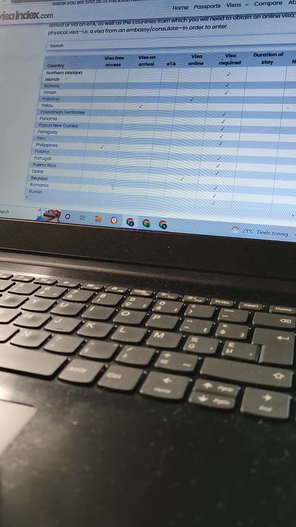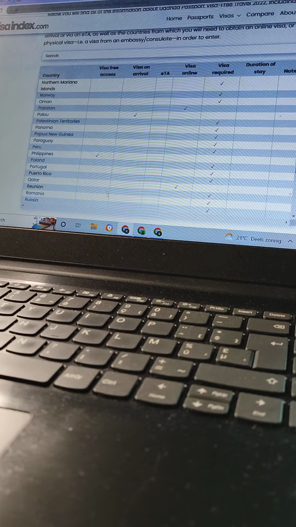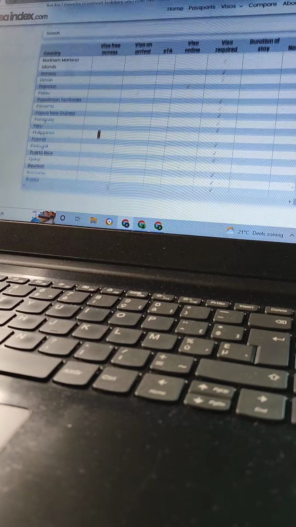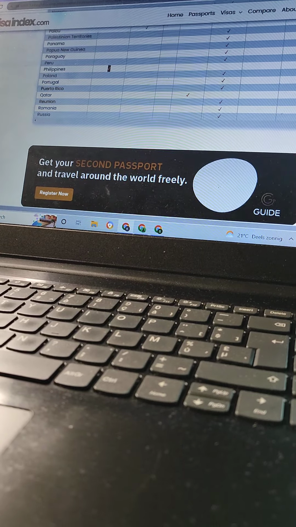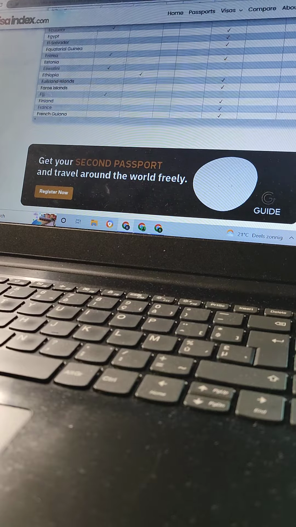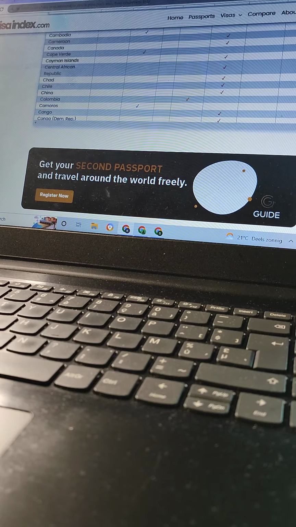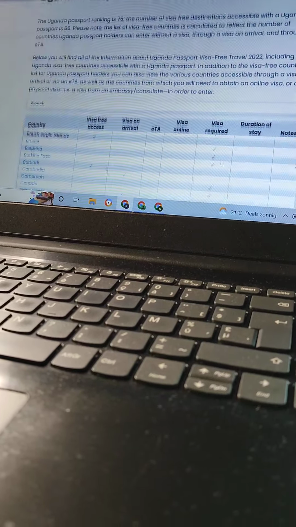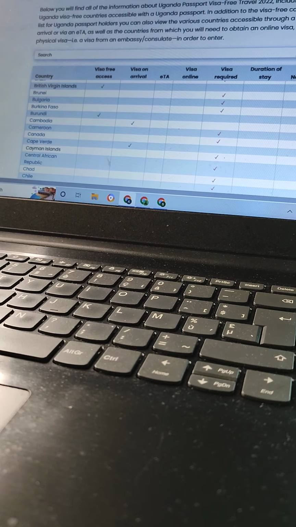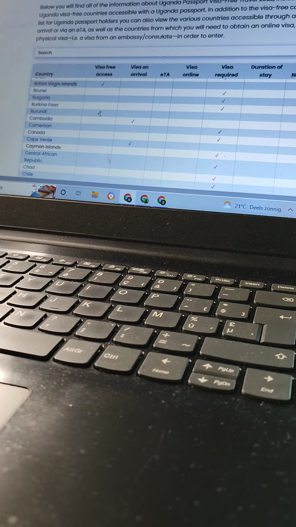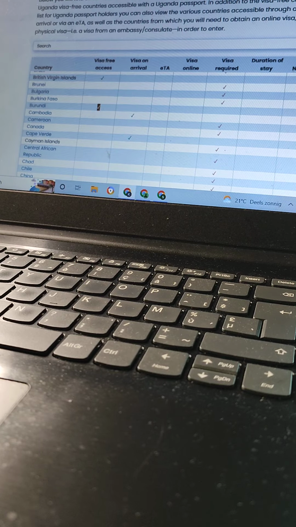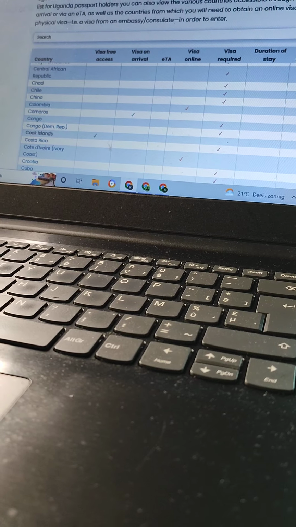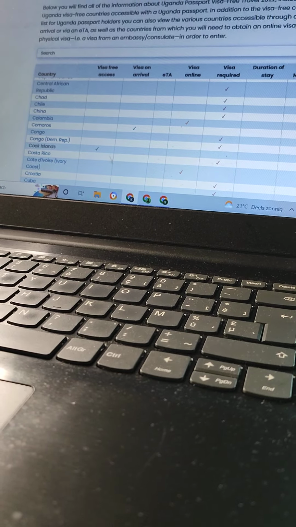So, for example, if you want to go to the Philippines, you do not need a visa if you're Ugandan. Okay? Let me take you through these countries. Sorry, I started from down. Most of you people don't know this, but now this is high time you get educated about it. If you want to go to Burundi, you don't need a visa. If you need to go to Cook Islands, I don't know where Cook Islands is, you can research about it. You do not need a visa.